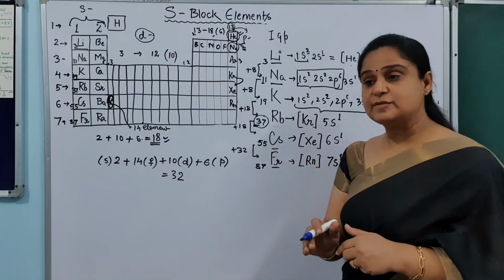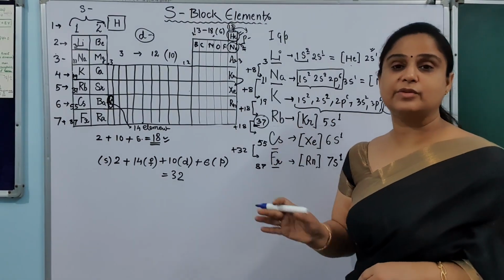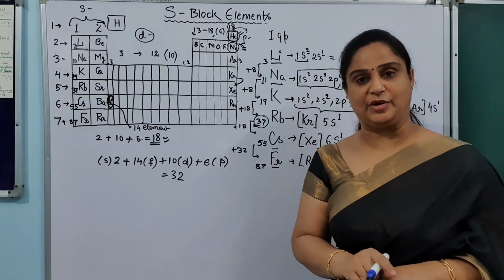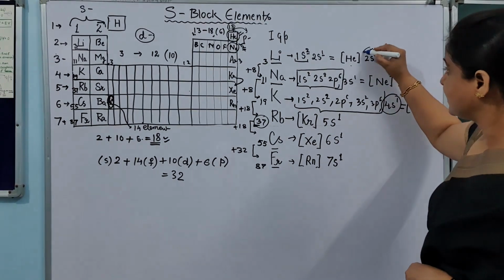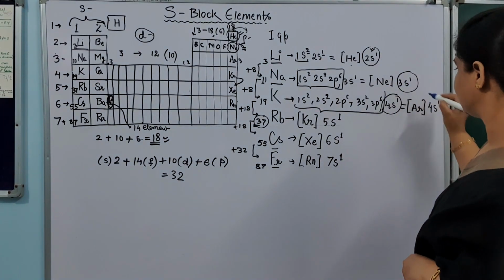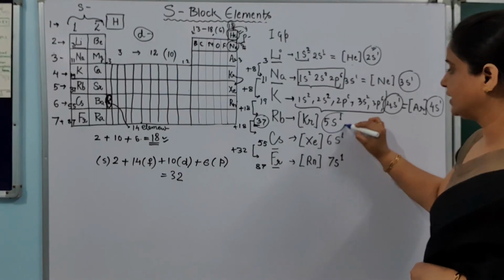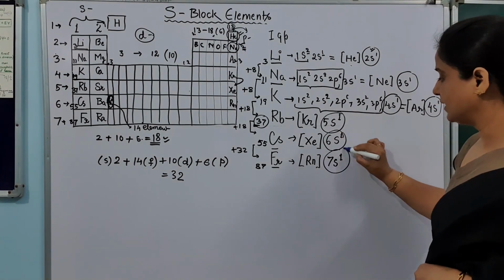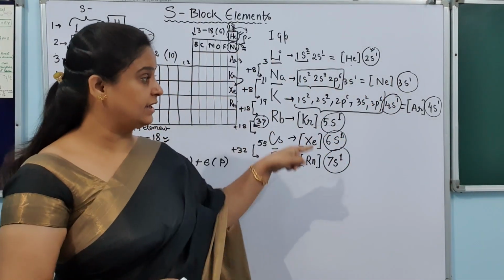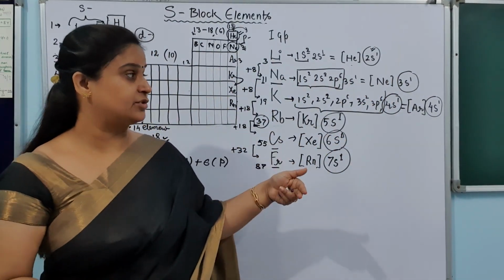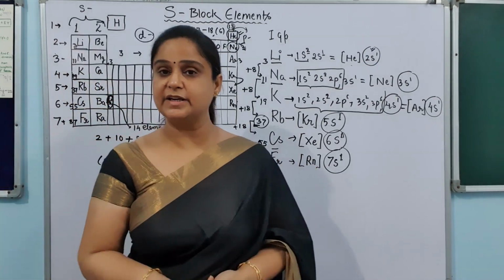So this is the electronic configuration of the first group of the s block. Why is it called the first group? Because in the s orbital, can you see there? In all the s orbitals, we are getting only 1 electron. So the s block elements are those where the last electron is entering the s orbital. That is why it is called the s block.